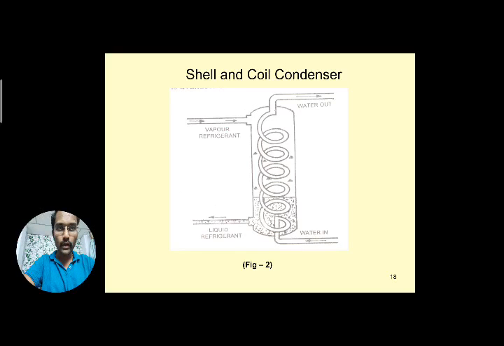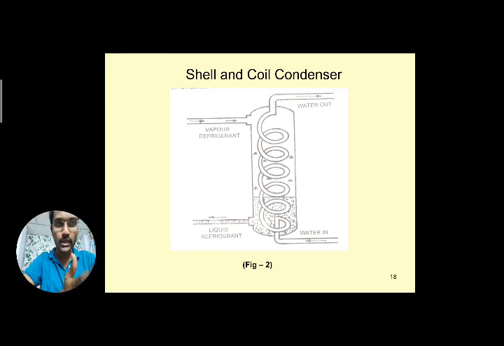Okay, so in the coil water is moving, and in the shell the refrigerant is present. So remember, in the coil the water is flowing, and in the shell there is a refrigerant. Now if you observe at the bottom end of the coil, the normal water is entering here, which is the cooling medium. That water will flow inside the tubes, sorry, in the coil, and move upwards. The hot water, by receiving the heat from the vapor refrigerant, comes outside at the top of the shell. So this is regarding the water circuit or the cooling medium circuit which is flowing inside the coil.